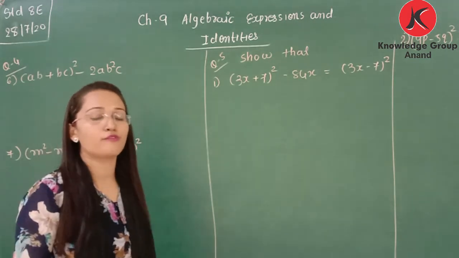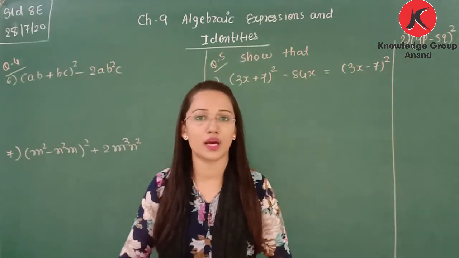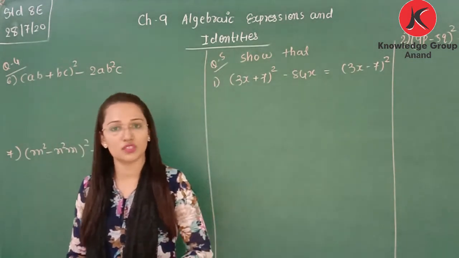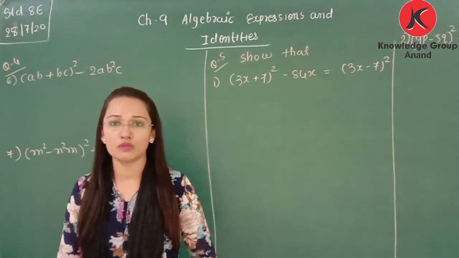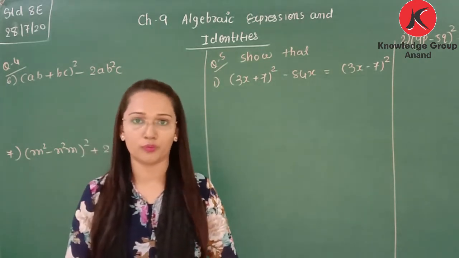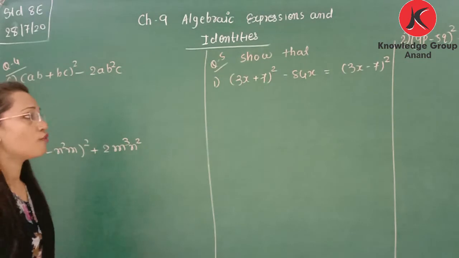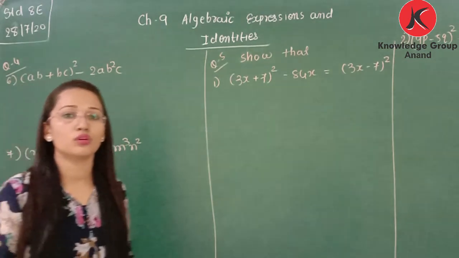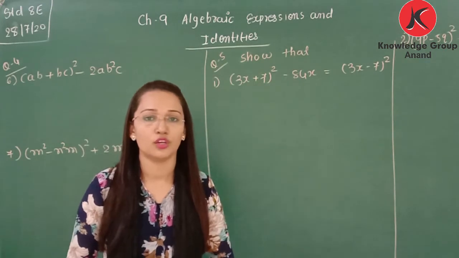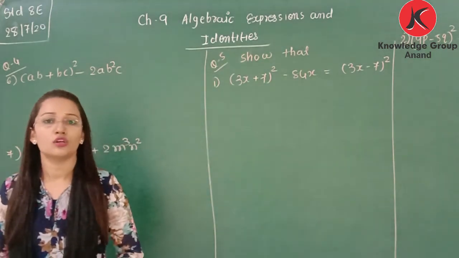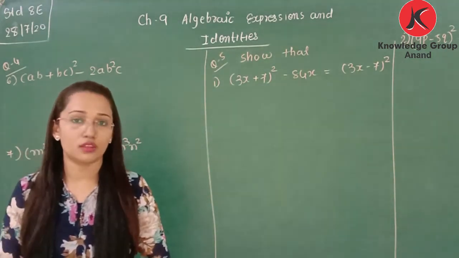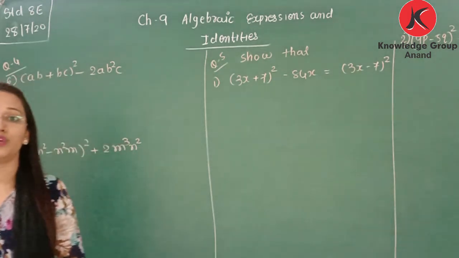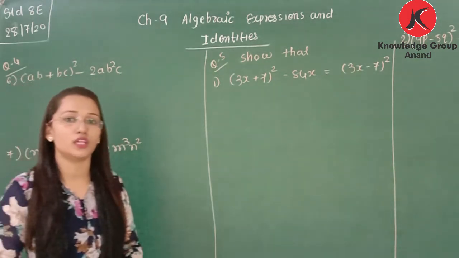But be very careful whenever you are solving examples related to algebraic expressions and identities, because a small mistake can make your example wrong. Okay. So for which identity applies in which example, you need to solve more examples. You need to do more practice, so you will be clear in which example which identity we need to apply.